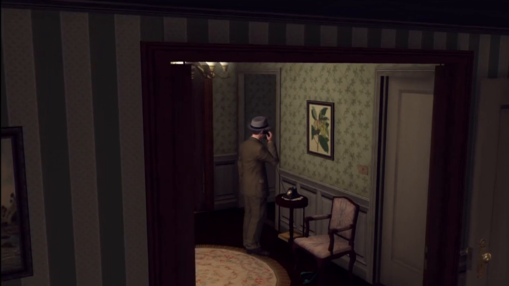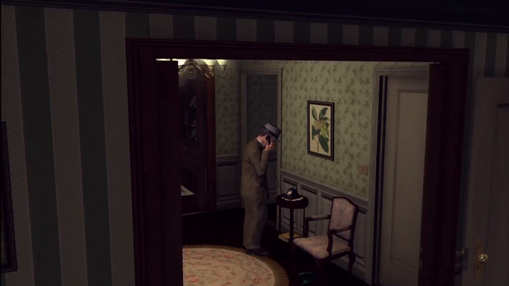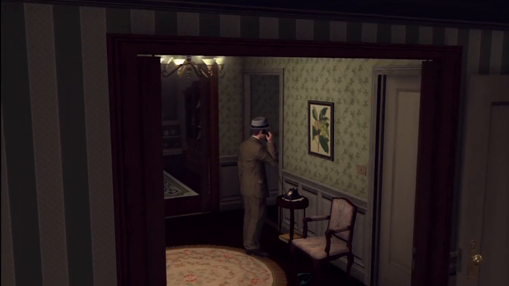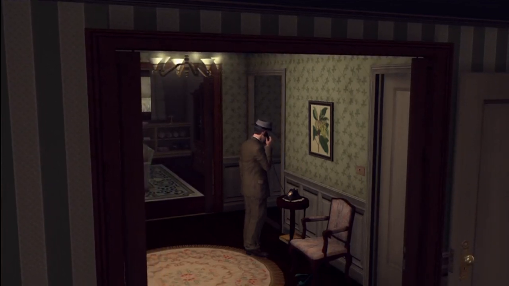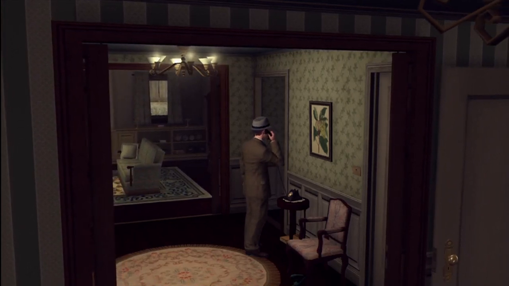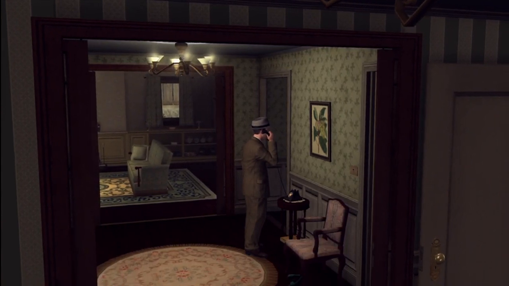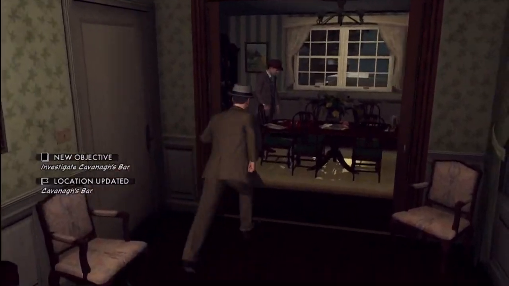And almost, well, I don't want to say almost every crime scene, but pretty much half the places you go to in the game have a point where you have to phone something in, so get used to having to look for a phone. They're usually just a room or two over, if not in the same room. Alright, now you're going to want to come over here to the